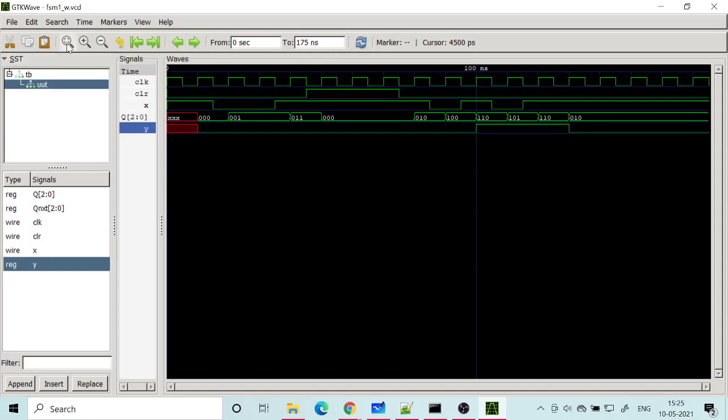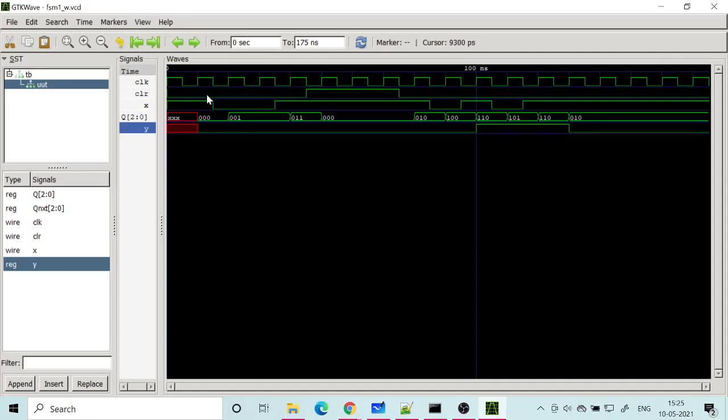You just use this icon, and then you can see that the first line, the clock, is free running, and there should be 18 cycles displayed here. You can count them, 1 and 0, each for a duration of 5 nanoseconds. So the clock period is 10 nanoseconds. There are 10 cycles and you reach 100 nanoseconds, and then another 8 cycles after that.